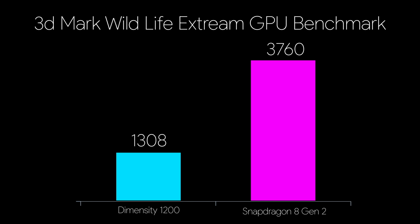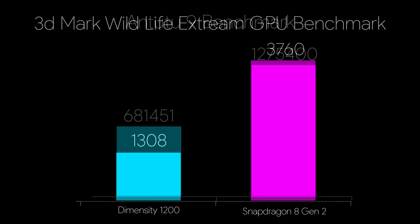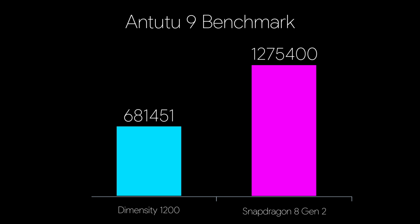Wild Life Extreme. On the 1200, we got a total score of 1,308. On the Snapdragon 8 Gen 2, 3,760. That's a little over a 96% increase when it comes to this synthetic GPU benchmark. And the final one I ran here was AnTuTu. On the Dimensity 1200, 681,451. On the Snapdragon 8 Gen 2, 1,275,400. So obviously that 8 Gen 2 can trump the Dimensity 1200 when it comes to CPU and GPU performance,